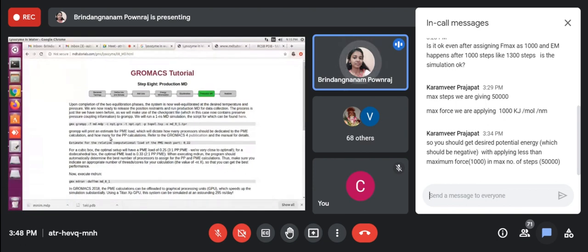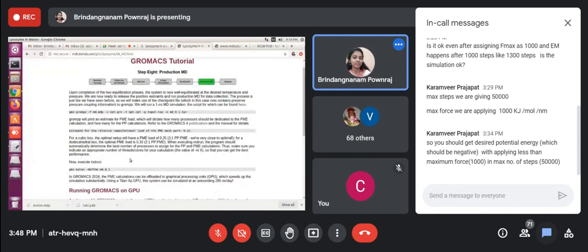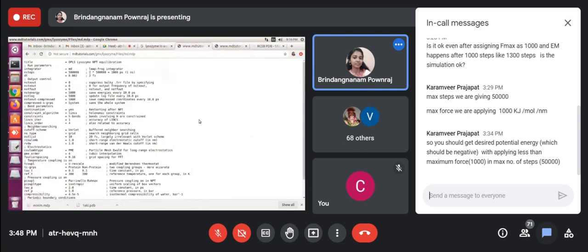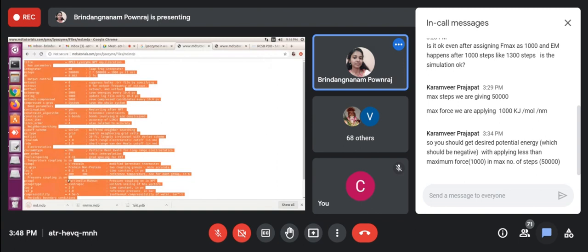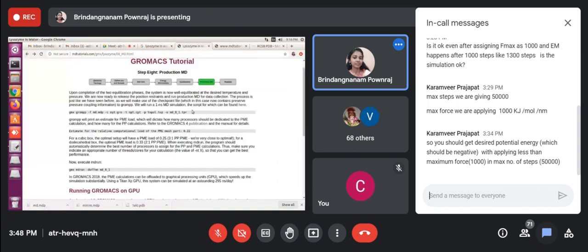So for running MD production, we need here also the md.mdp file. So here you will get, then you can run the same command.